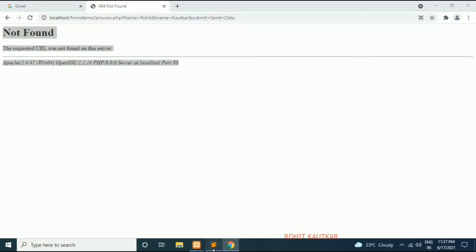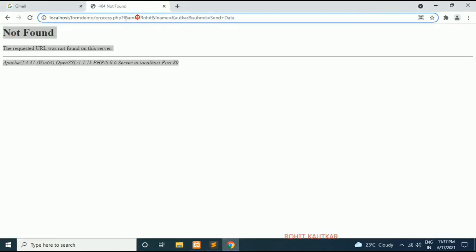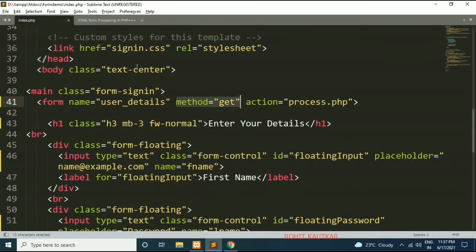So whenever you have the get method for your form, all the data you submit is visible within the URL. Basically you use the get method whenever you want to send a small amount of data.